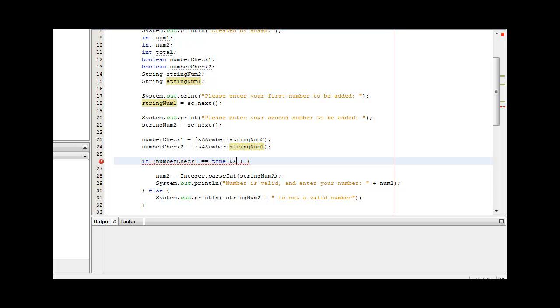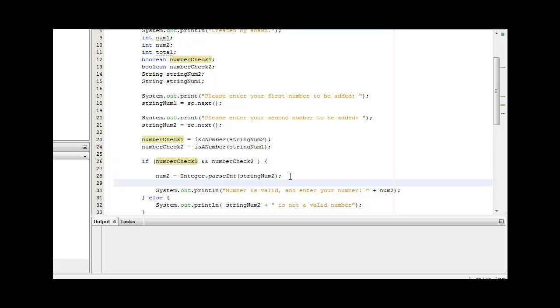So if number check equals true, and number check 1 equals true, and number check 2, you don't even really need that, to be honest. Because if number check 1 and number check 2, so that would default equal to 3. And I'll parse that and down to